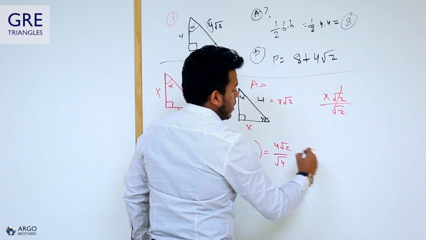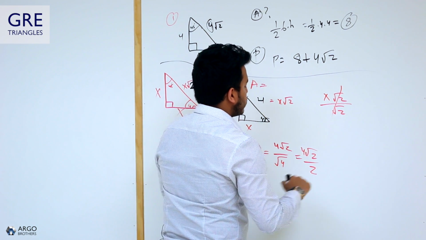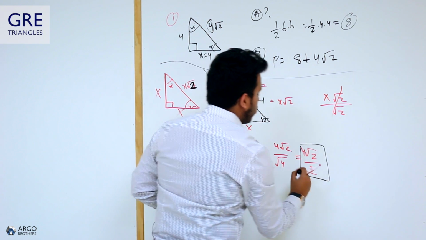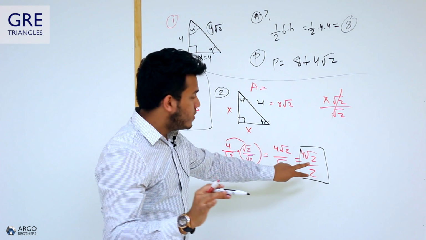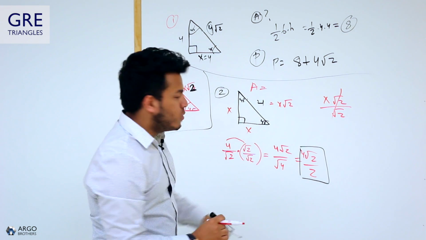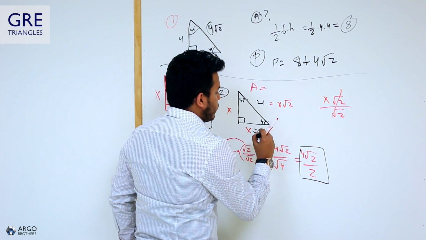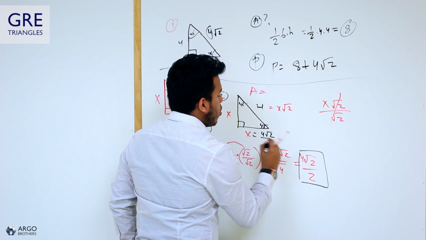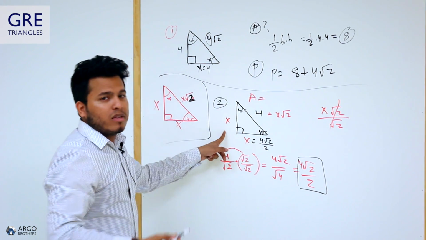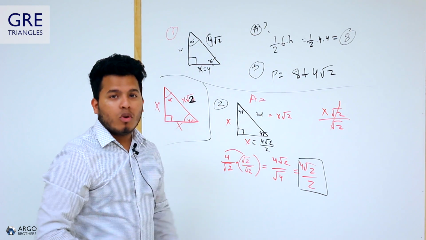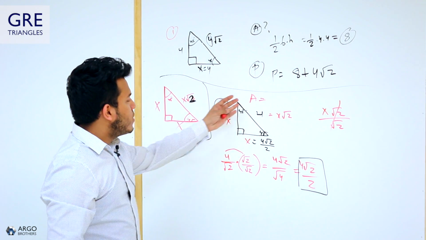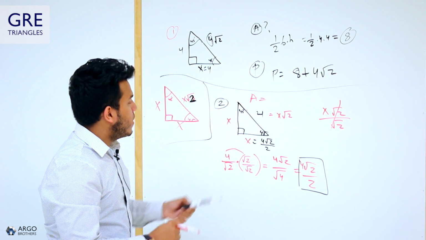So my answer here is 4 radical 2 over 2. Well, not my answer, but this is what x is equal to, right? So x is equal to 4 radical 2 over 2. And of course, this is also equal to 4 radical 2 over 2. And now if I want to find out the area, right, if I want to find out the area, what